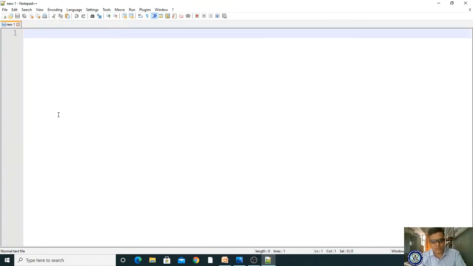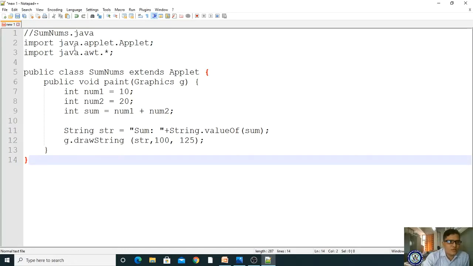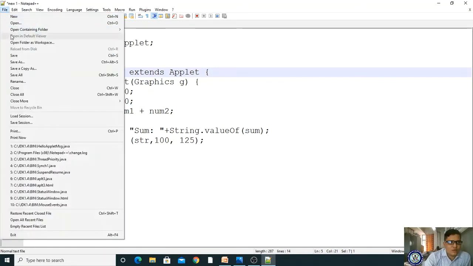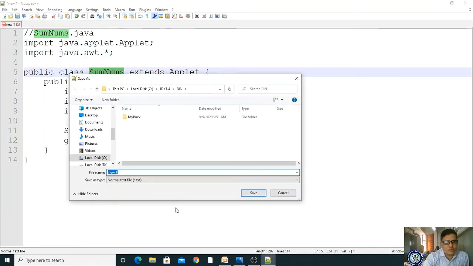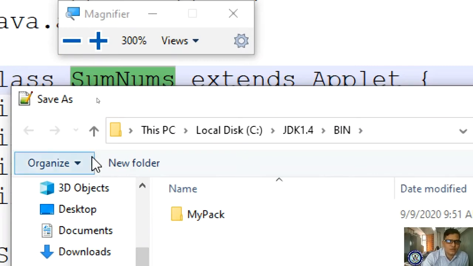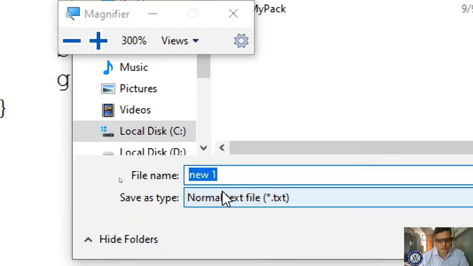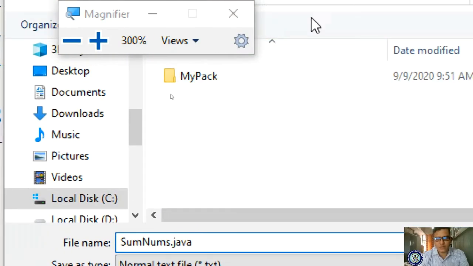Yes, I'm pasting. Right. So how to save? Copy, and file, save it. While saving, you have to ensure that you are saving it as SumNums.java.